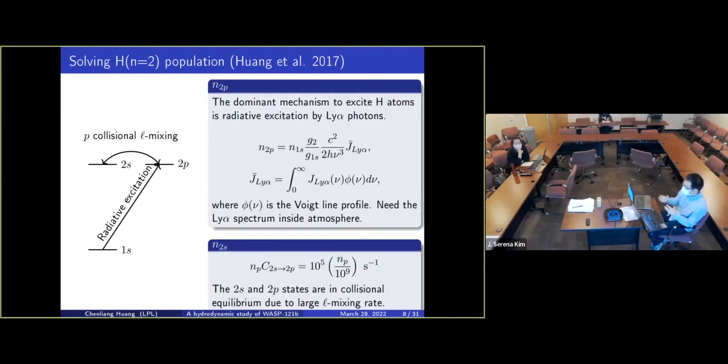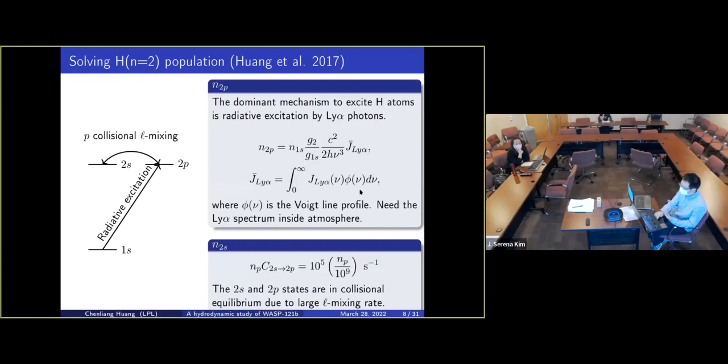This channel is much more effective compared to, for example, electron collision excitation. Because these two rates just dominate the production and destruction, the 2p number density can be determined by the ground state number density and mean intensity